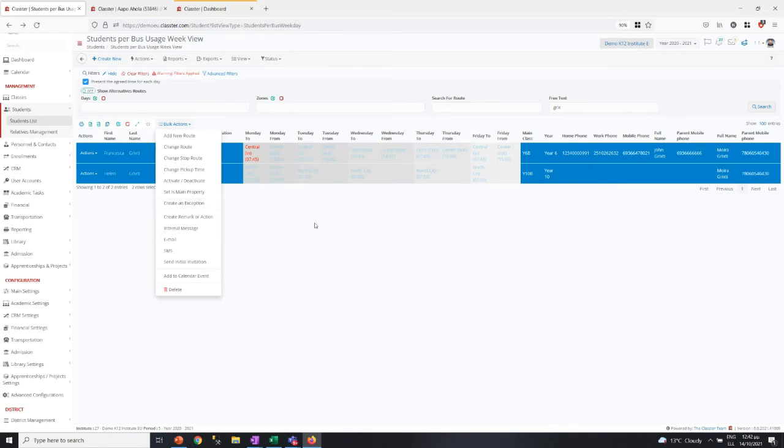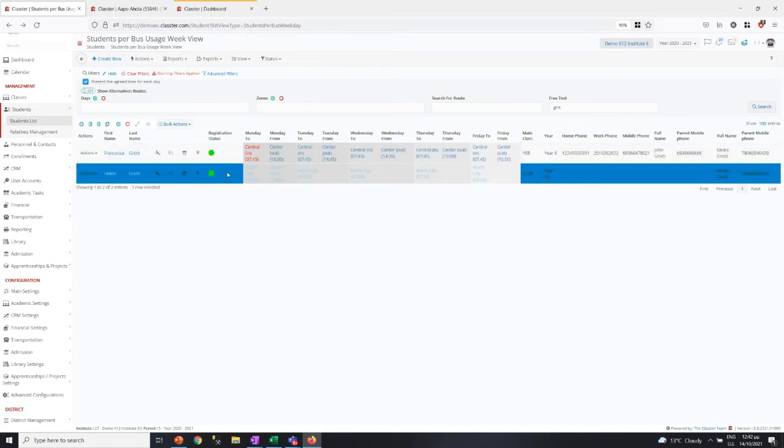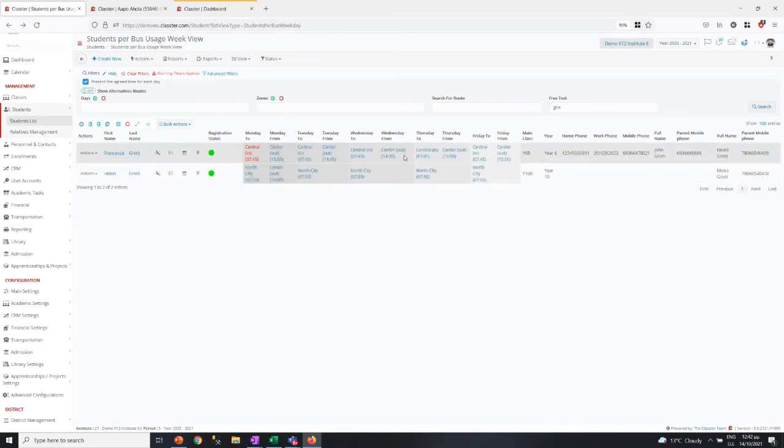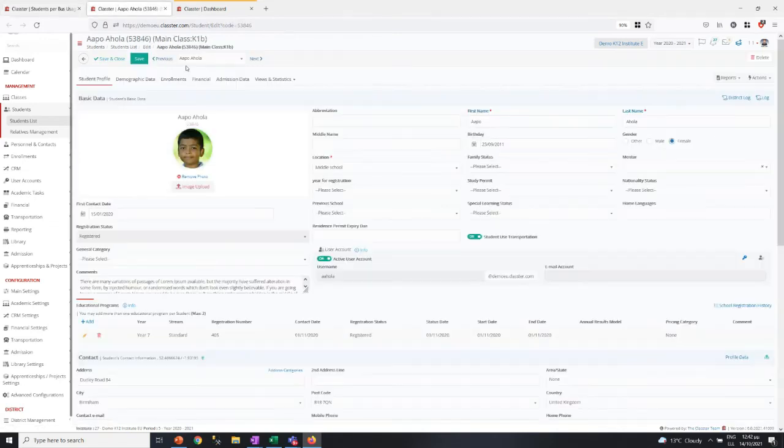Okay, from here you can see the situation and say, oh, all of those are in a specific route. So let's move them to another route just for the day, because we know that something is happening with this route. Okay, if I open the student, I find similar information. I already have a student here switched on,